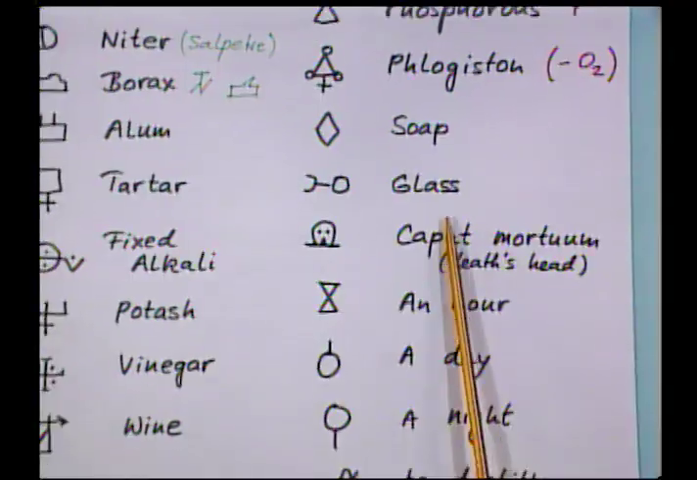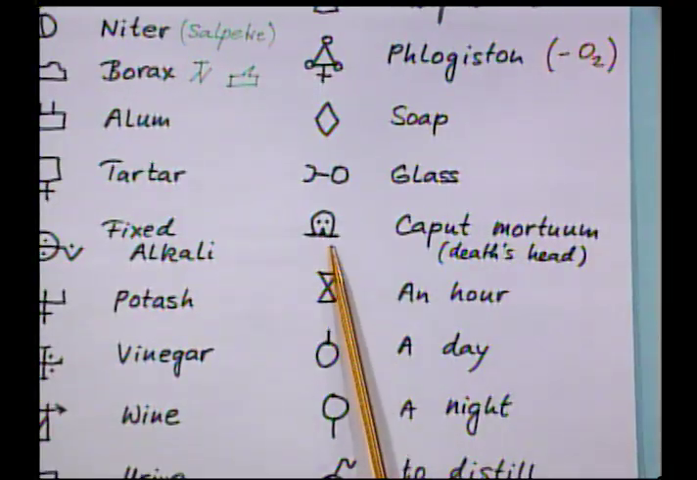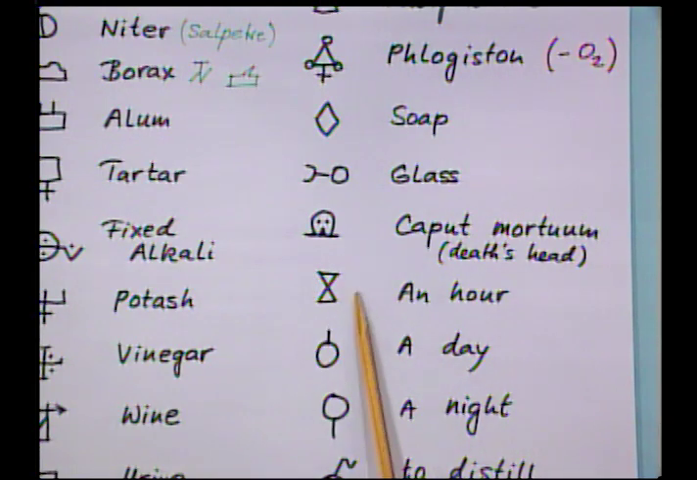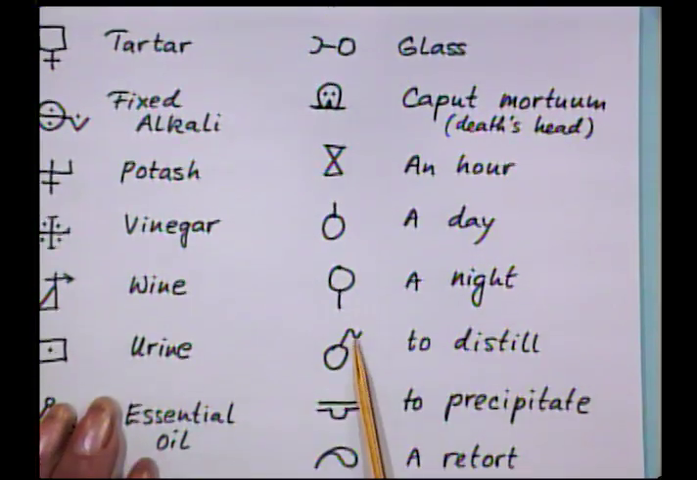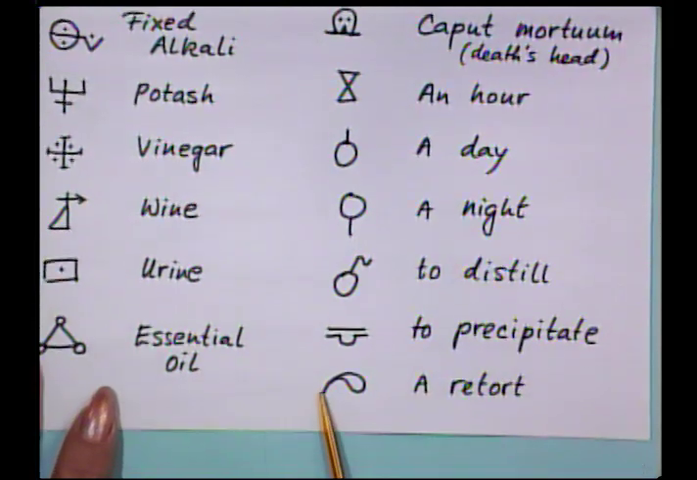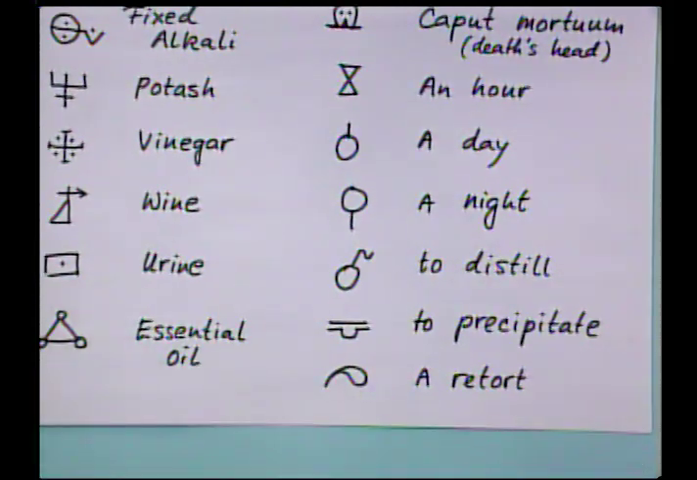Soap, glass, and look at this symbol of the death's head, the caput mortuum. This means an hour, like an hourglass. So when the scientists talked about a certain procedure, like boil an hour, then they would use this symbol. Or a day, a night. This is a procedure to distill, to precipitate, and this is a symbol of a very important part of the